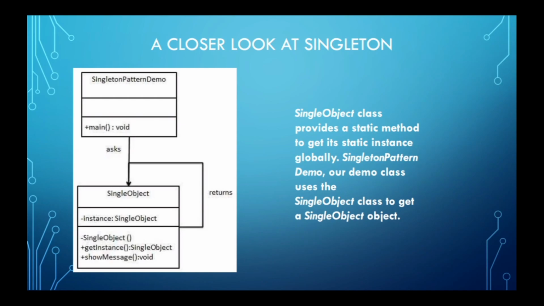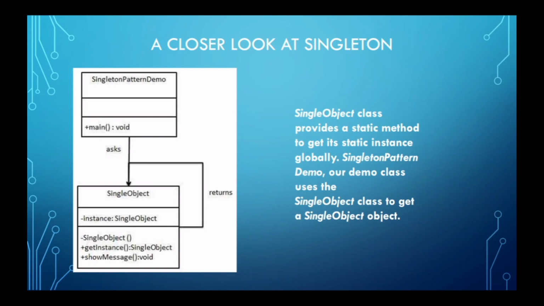And the logic behind the singleton class is pretty much says, oh, is an object of whatever the singleton type is, does that equal null right now? If it does, instantiate a new one and send it. If not, just return whatever you have. Return that object. So the singleton class provides a static method to get its static instance